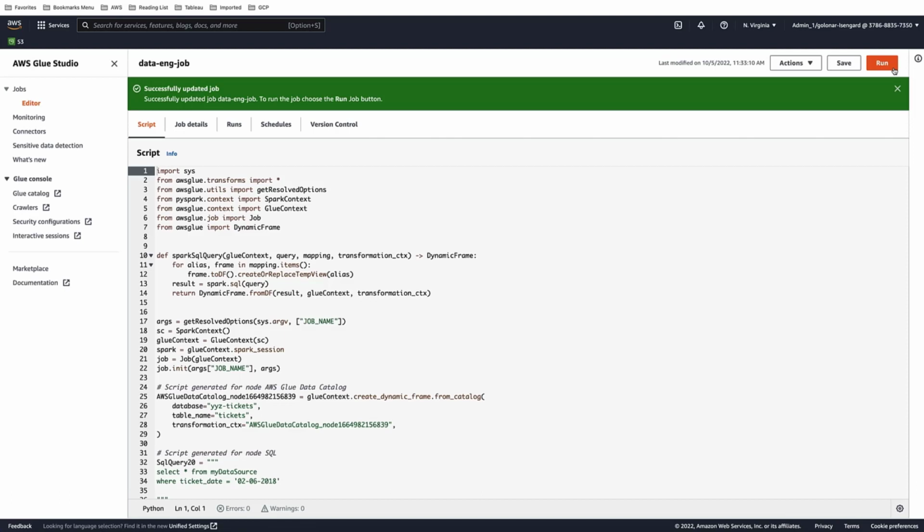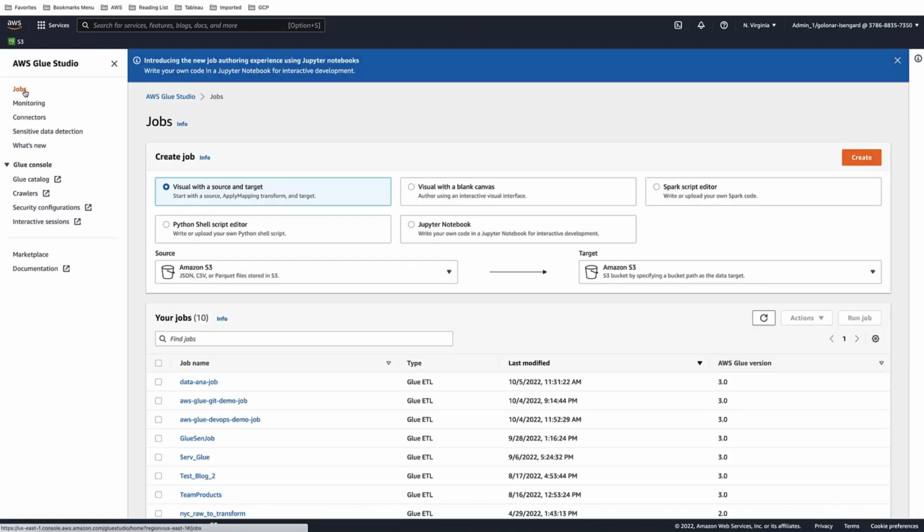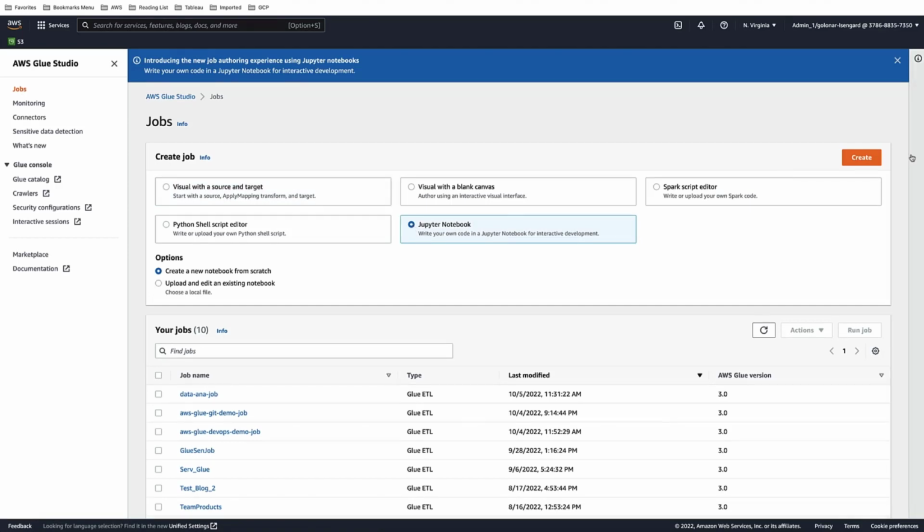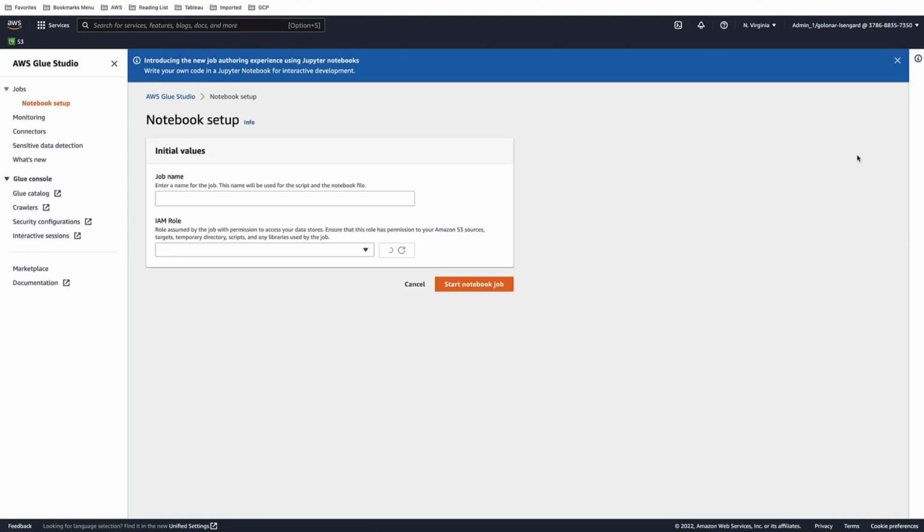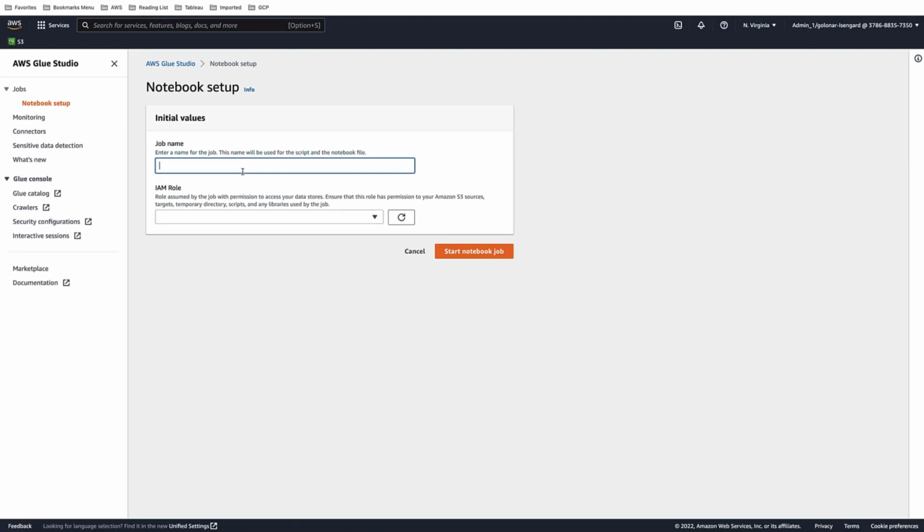So if you already have a PySpark, a Scala, or Python code, and you want Glue to execute it, this is the way to do it. Perfect. Now, let's see the last persona. In this case, it could be the ETL engineer that likes to create their ETL jobs using a notebook. So for that, I'm going to select this option, Jupyter Notebook. I'm going to click Create. I have to put here the name of the job,